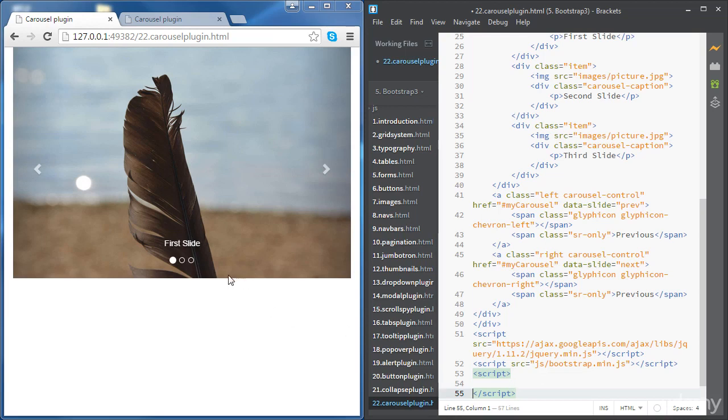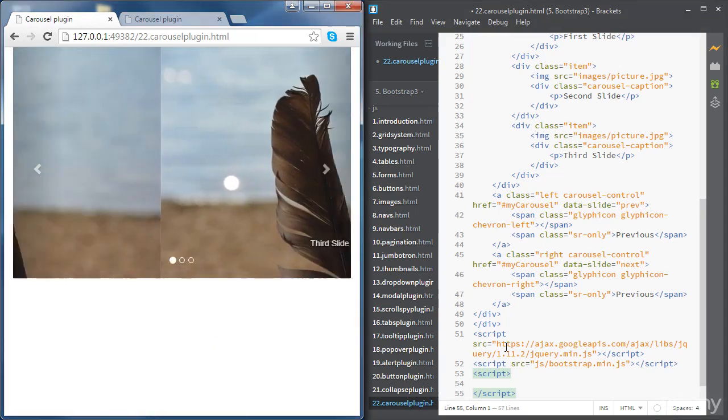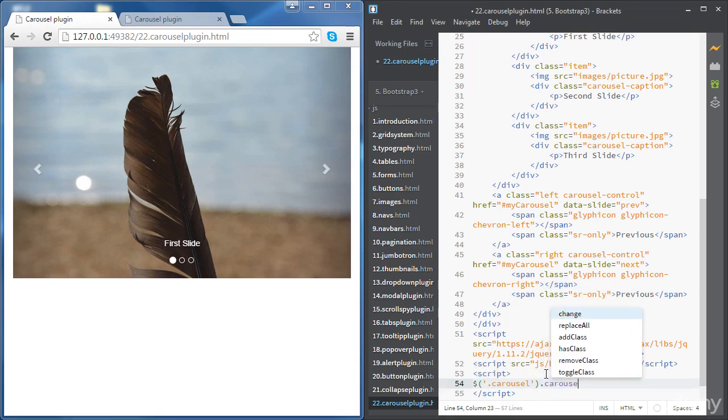First, let's change the delay between automatically cycling items. So we're gonna use the carousel method for that. So let's select all the elements of class carousel. Okay, so we're selecting here our slider, and then we're going to use the method carousel,